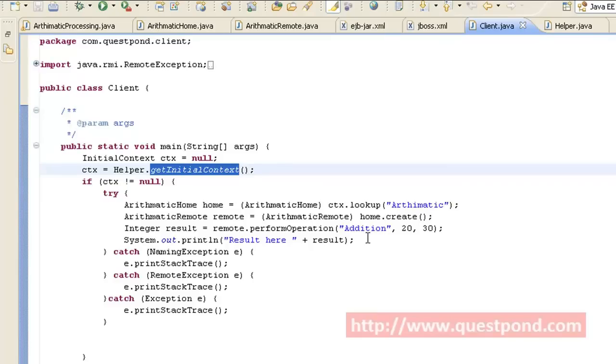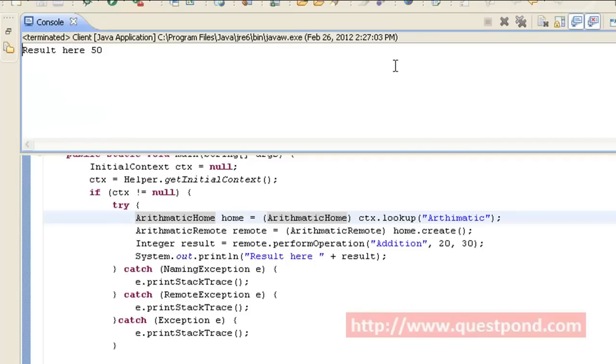So let's run this class and find out the corresponding output, since the EJB is already deployed within our JBoss. After executing this application, we get the following result, where we get the addition of 20 and 30 as 50. So internally, the remote interface has invoked the call on the actual EJB bean, and the result is visible to the end client.